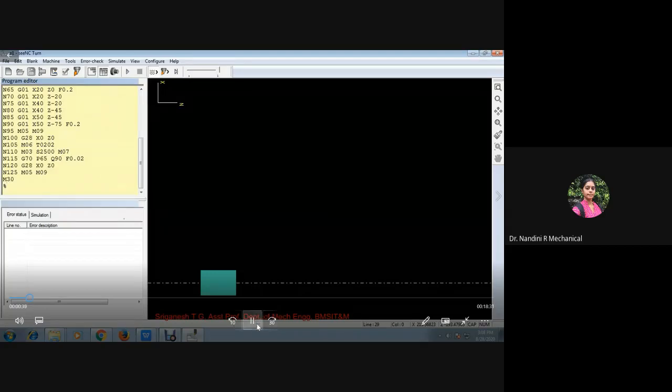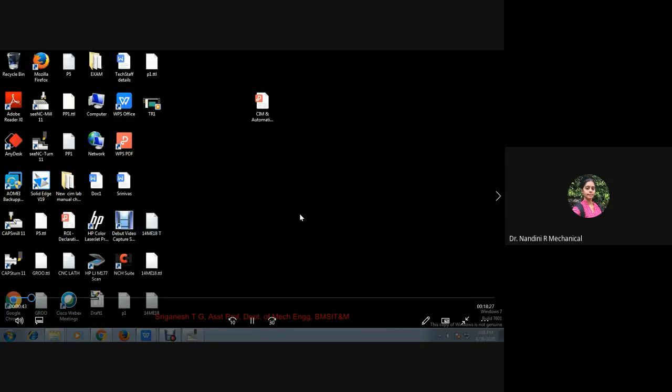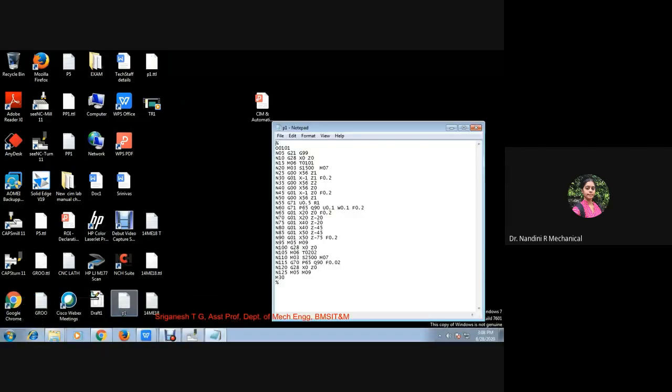Before that, let me tell you: you have to write the percentage character at the beginning as well as at the end of the program. That shows the starting character and the end character, or else it shows a syntax error. There might be some changes in the program.